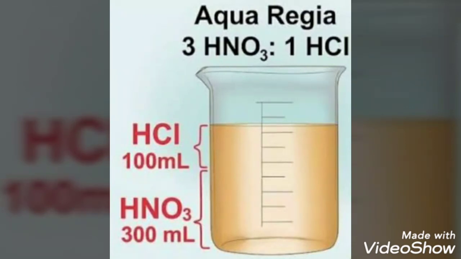It is the mixture of concentrated hydrochloric acid and concentrated nitric acid in the ratio of 3:1. I hope you all know what hydrochloric acid is. It is HCl. And what is the formula of nitric acid? It is HNO3. Now aqua regia is capable of dissolving noble metals like gold and platinum. When the upper layer of a dull gold ornament is dissolved, it loses weight.